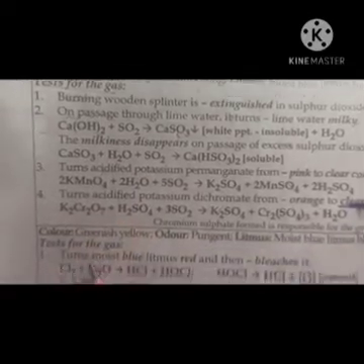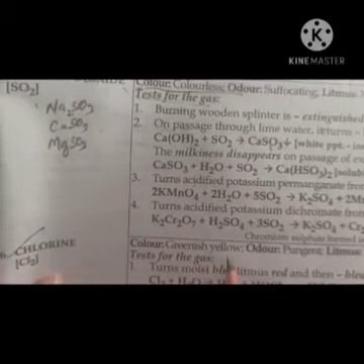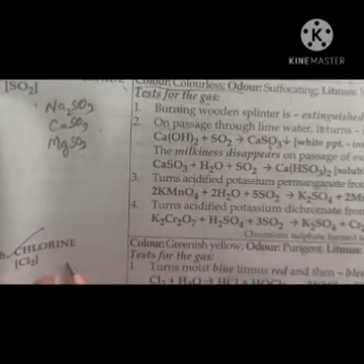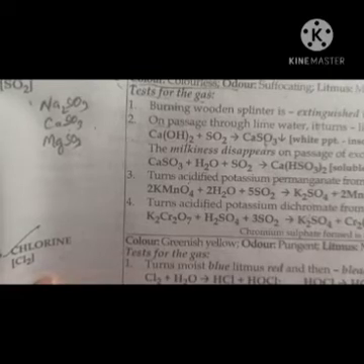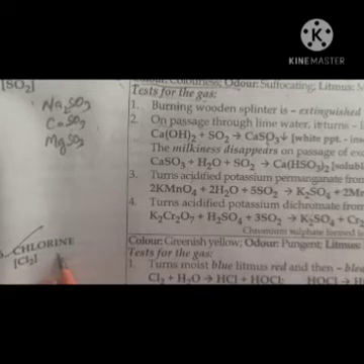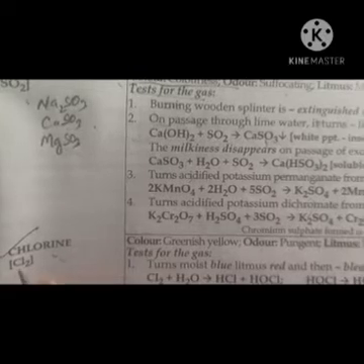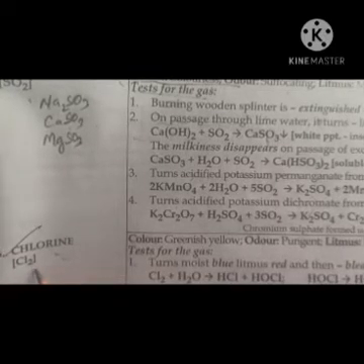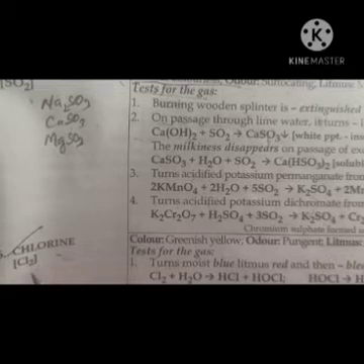Now next is your chlorine. Chlorine is the gas which is greenish yellow in color. Actually, chlorine gas is produced when concentrated hydrochloric acid reacts with oxidizing agents like MnO2, PbO2, or potassium permanganate or potassium dichromate. Then which gas is produced? A greenish yellow chlorine gas is produced. So what is the color of chlorine gas? Greenish yellow color,